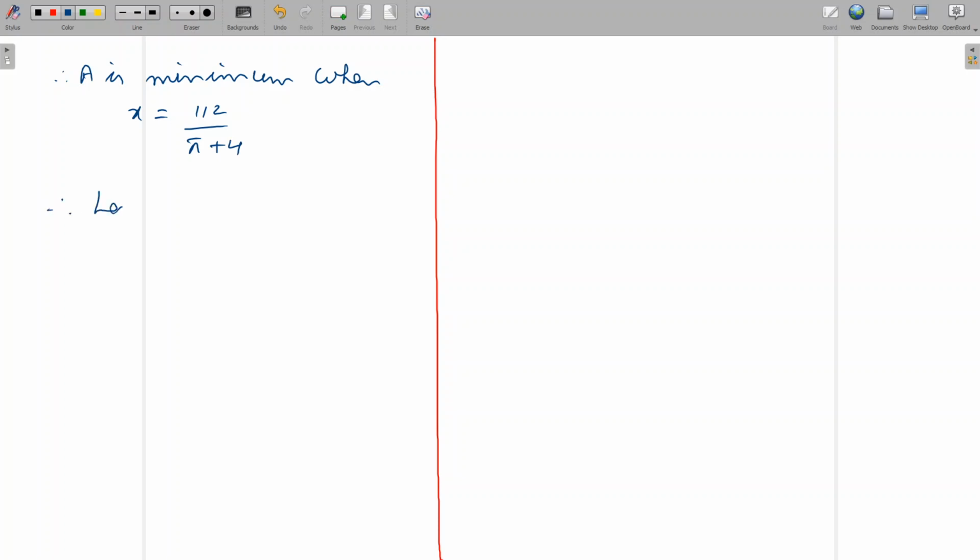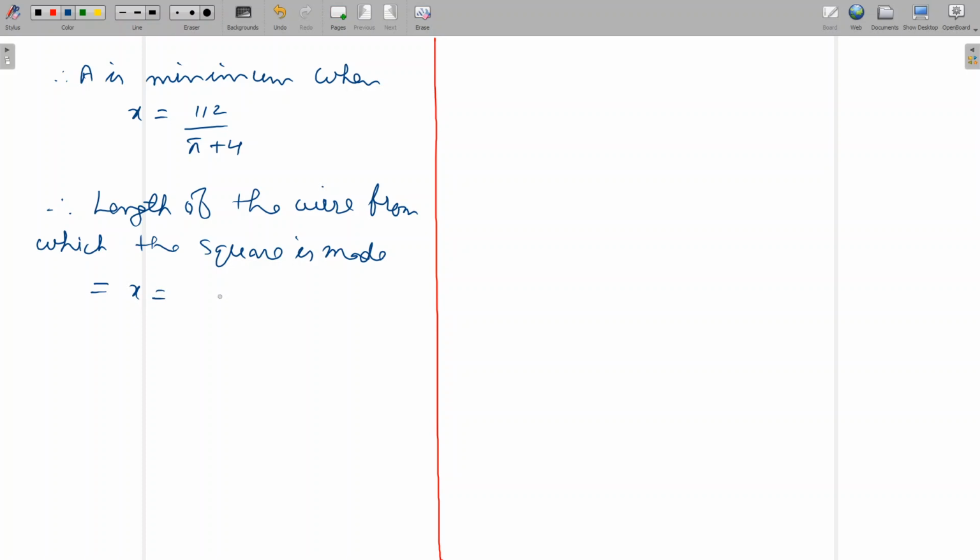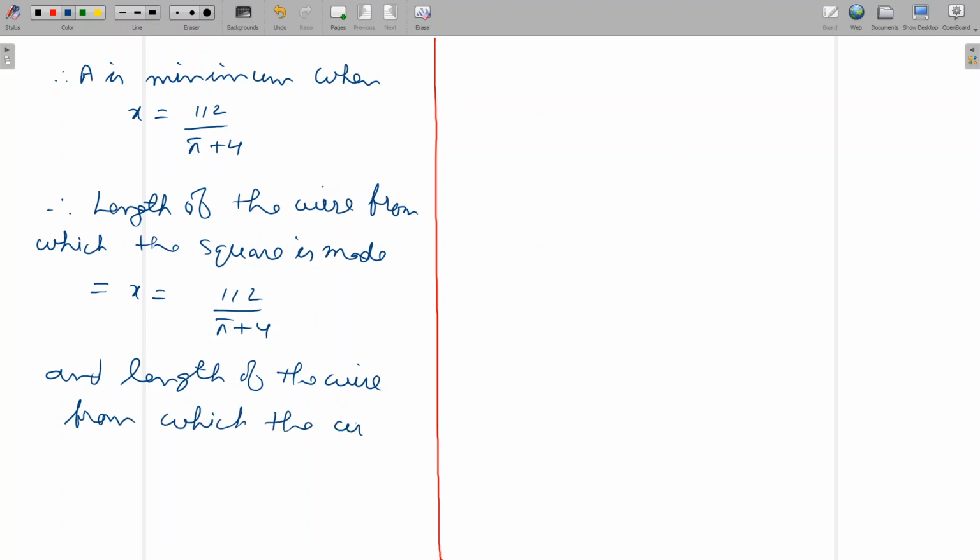So therefore length of the wire from which the square is made is equal to x, equal to 112 over pi plus 4, and length of the wire from which the circle is made is equal to